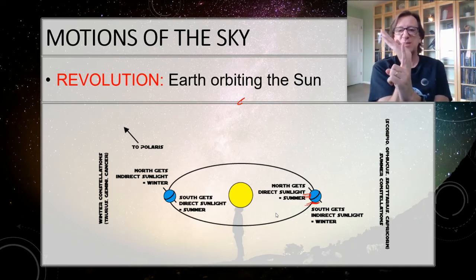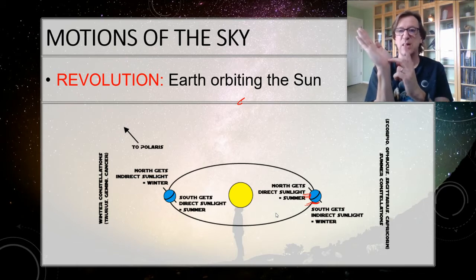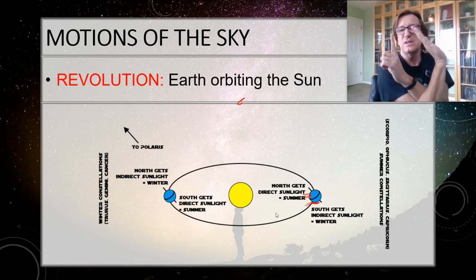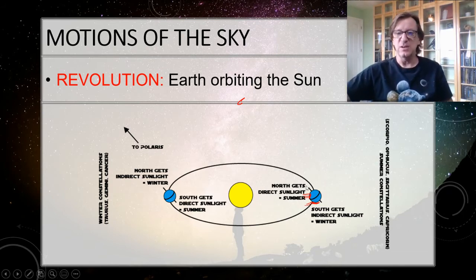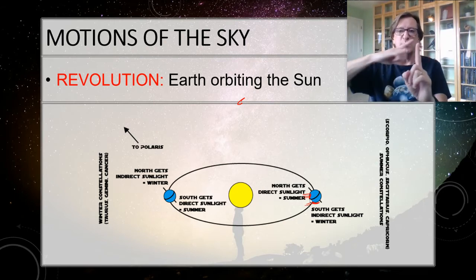Okay, so let's say that I'm pointed towards Polaris. When I'm on this side of the sun, I'm going to be pointed towards Polaris, and the southern hemisphere is going to get direct sunlight, whereas the northern hemisphere is going to get indirect sunlight. So it's summer in the south and winter in the north. But when the Earth revolves around the sun, it keeps that angle pointed towards Polaris. But now it's positioned like you see here, where the northern hemisphere is getting the direct rays. So the pole is always pointed towards Polaris as we go around.